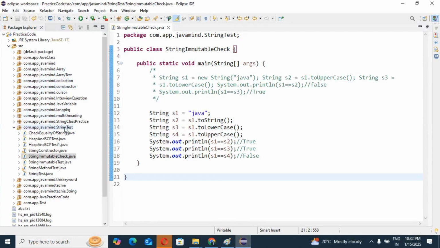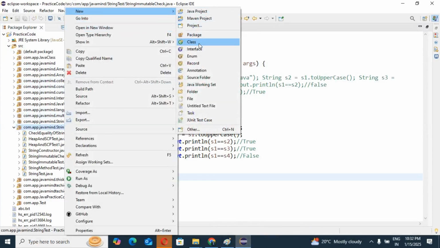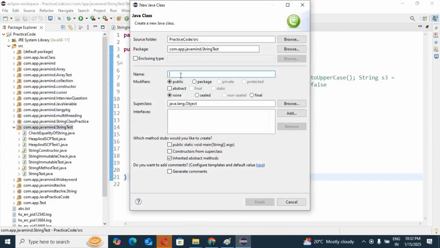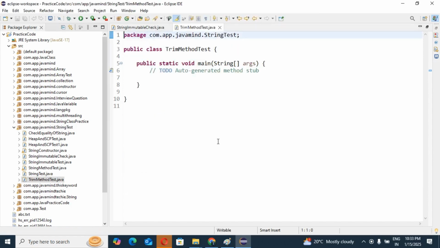Okay, let's see. For the purpose, I will create one class, TrimMethodTest, and I'm writing the main method here.